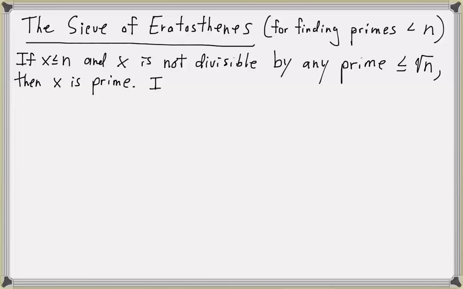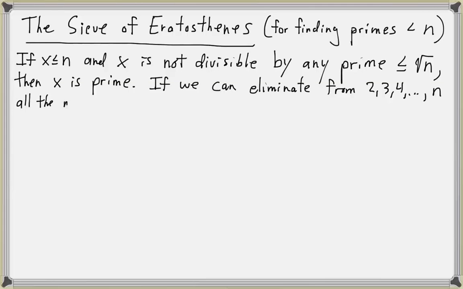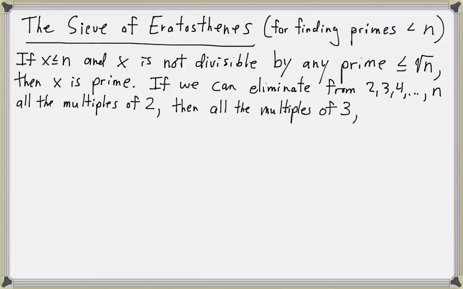Okay? So if we can eliminate from all integers between 2 and n, 2, 3, 4, all the way up to n, all the multiples of 2, because 2 is a prime number, then all the multiples of 3, then all the multiples of 5,